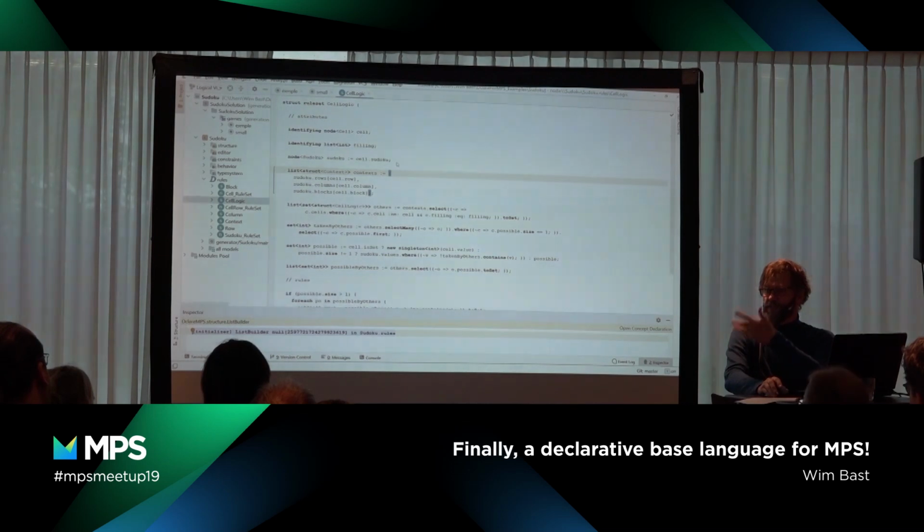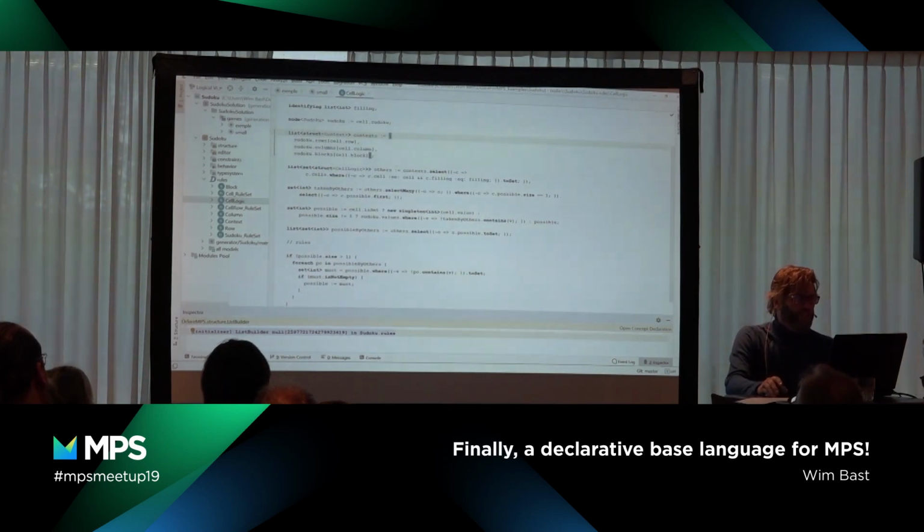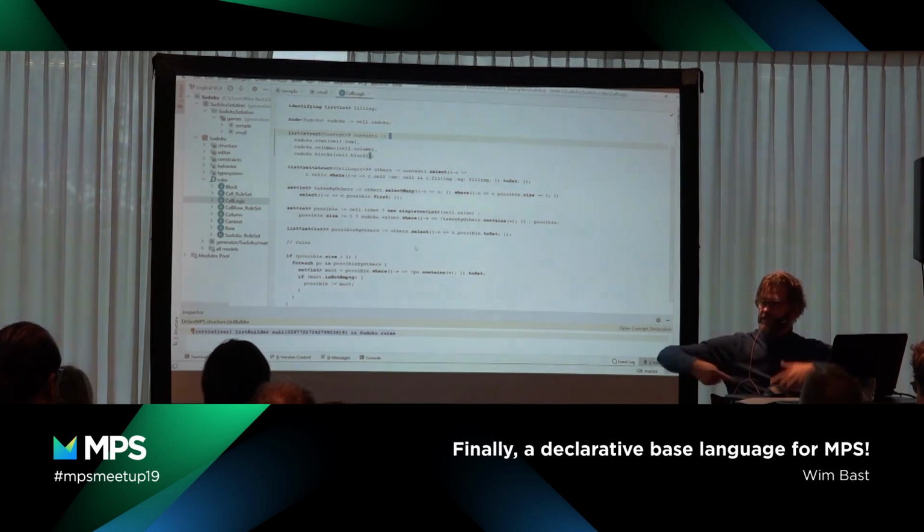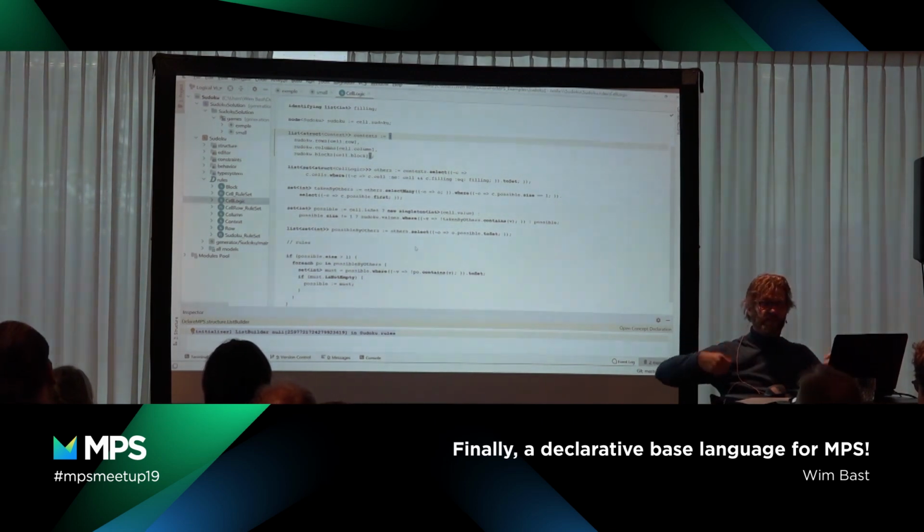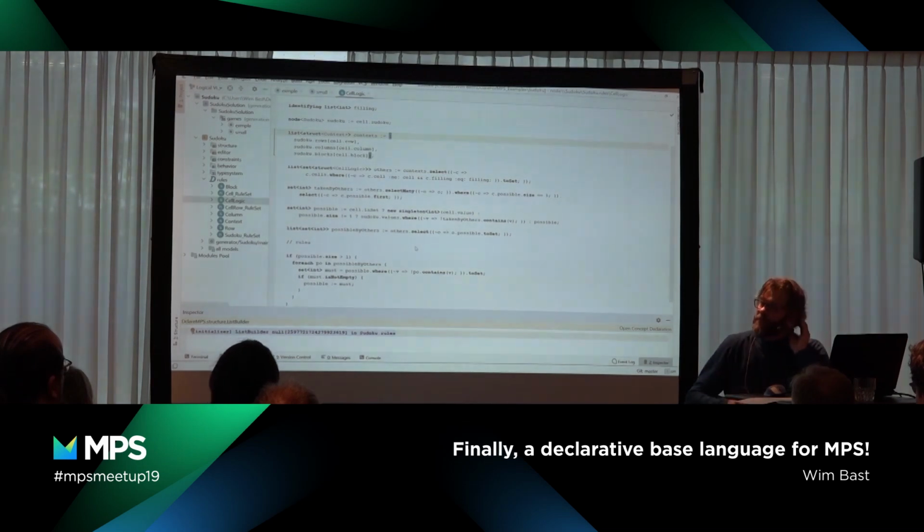And here you see the rules that actually calculate the values taken by others, and the possible values left. And if the size is bigger, then you can, and this is recursively rewriting, it has fixed point semantics, because if you have fewer possibilities for one cell, then this can have impacts on other cells, and it just goes to the fixed point. Then you know whether it's either still possible, or completely solved, or unsolved.